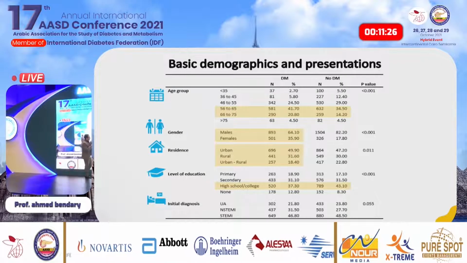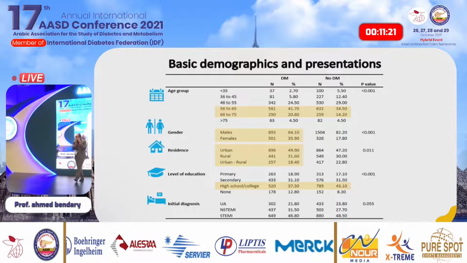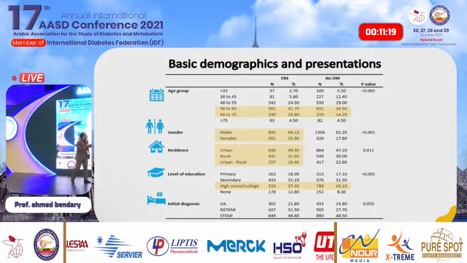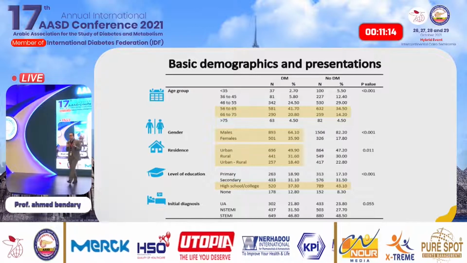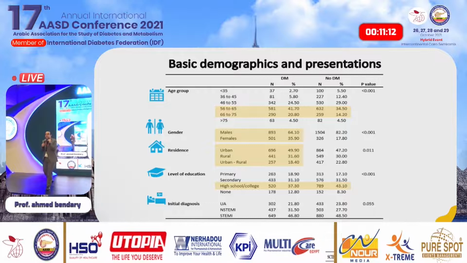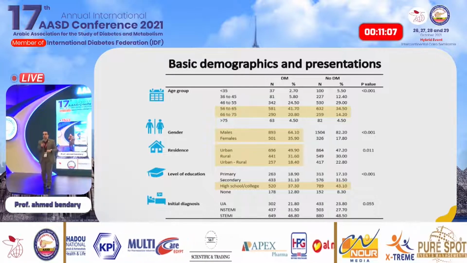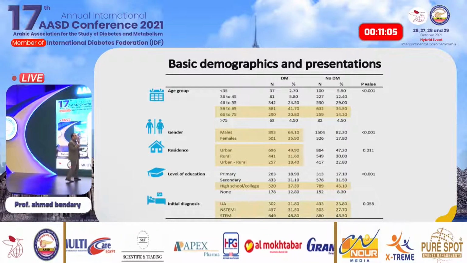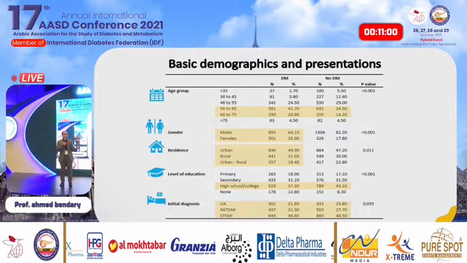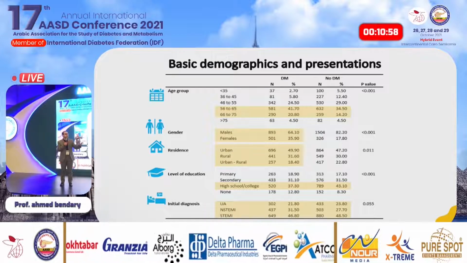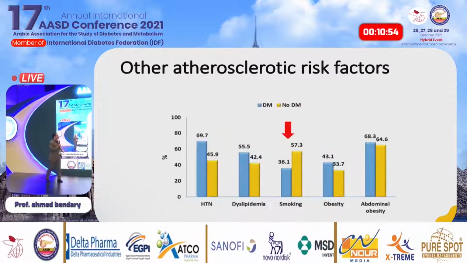The fifth point is about the level of education. And it goes without saying, and it is completely understandable, that if you compare diabetic to non-diabetics, you will find that diabetic patients have had a significantly better chance of higher school and college education compared to those non-diabetics. But finally, there was no significant difference in the mode of presentation. Both groups, diabetics and non-diabetics, tended to present equally with unstable angina, non-STEMI, and STEMI.